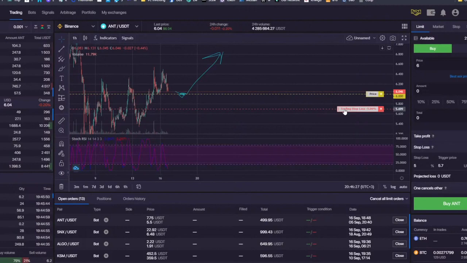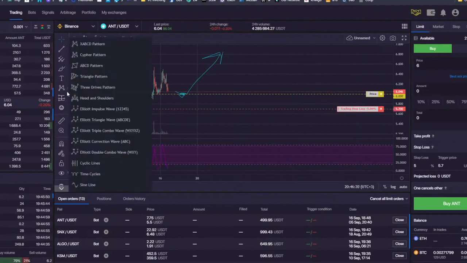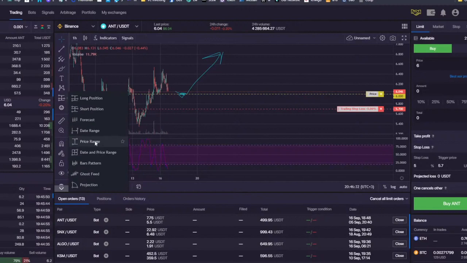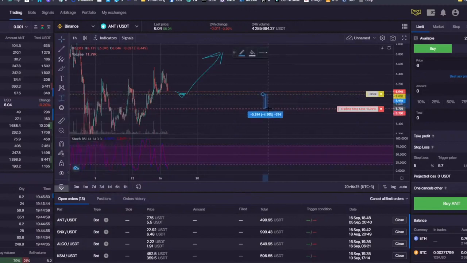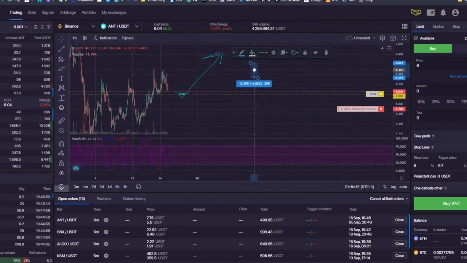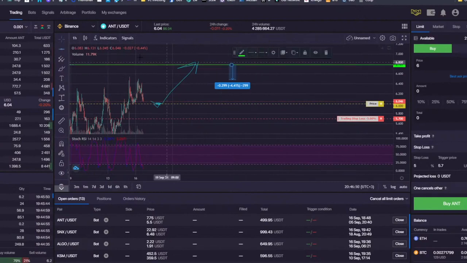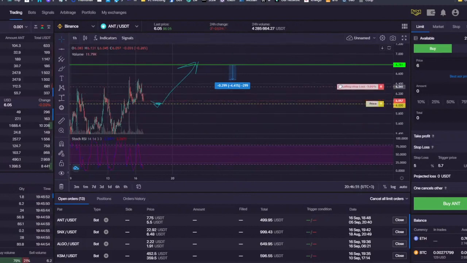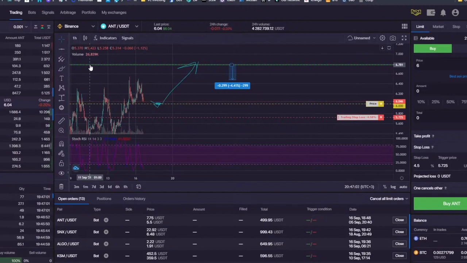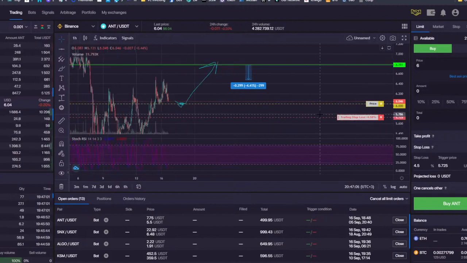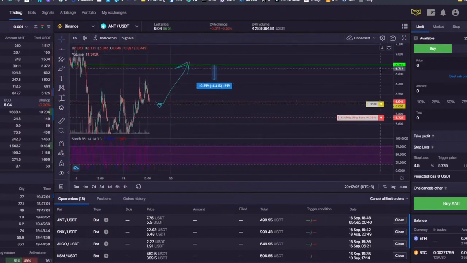It's gonna follow the market, maintaining this gap you set between the entry price and the stop loss, which is 5%. So if the price is now trading here, where I have my green line, your stop loss is going to be exactly where it maintains this 5%, which is around here. So it's gonna be following the market, and that way at some point your stop loss becomes your take